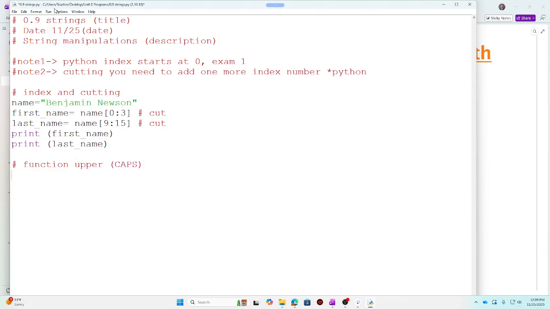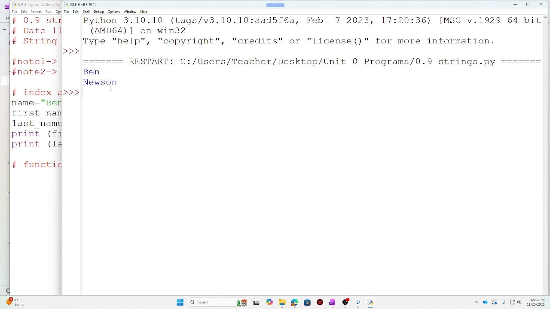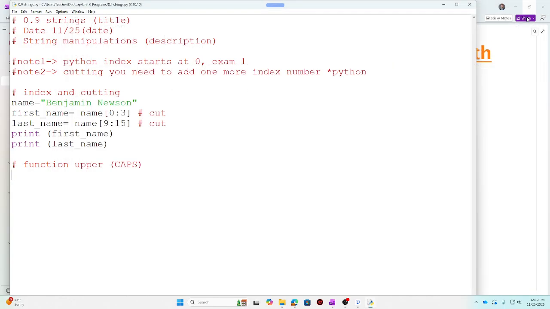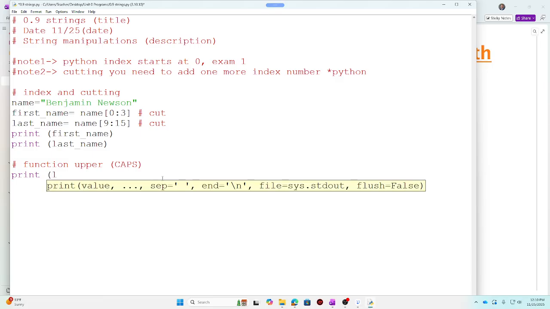Okay, so when I first run this right here, you'll notice that only the very first letter is capital, right? But if I wanted the whole last name Newson, this is something that they may ask, to make everything cap or small. So we can do that by going print last name, okay?